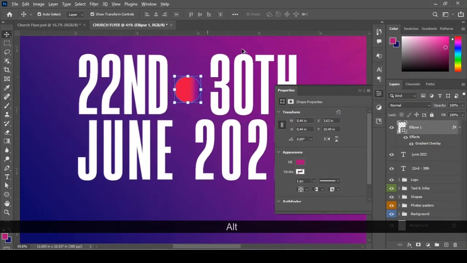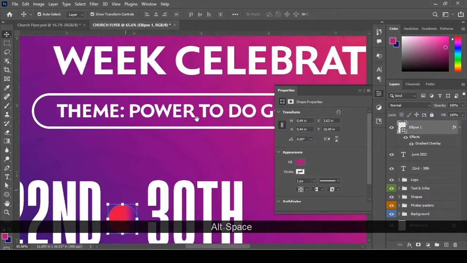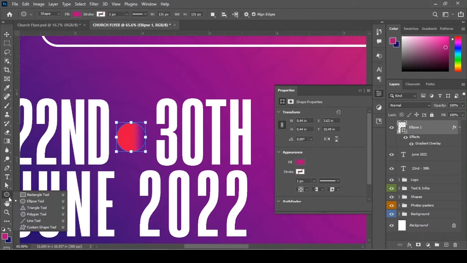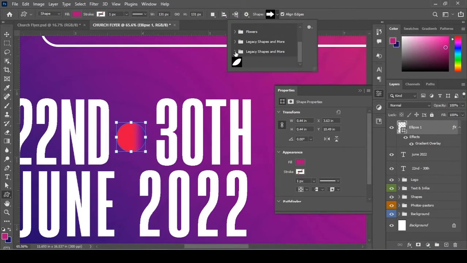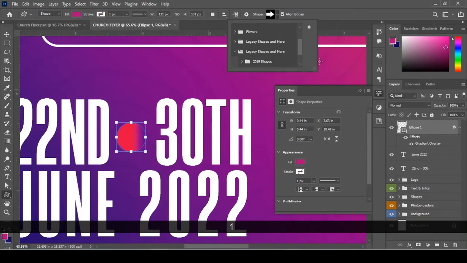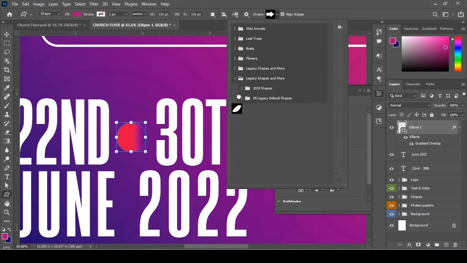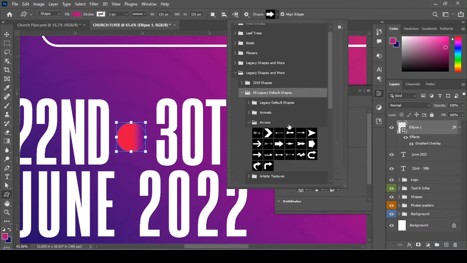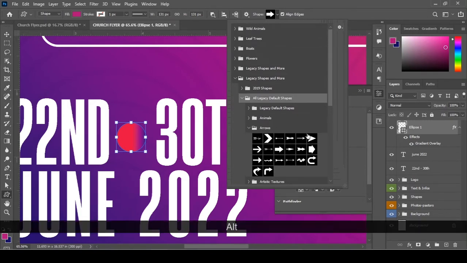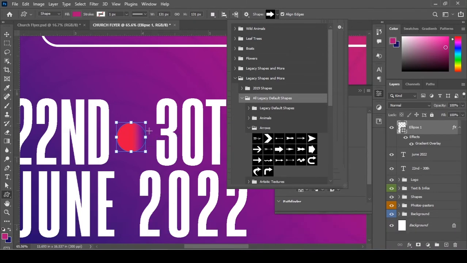Okay, so next from here I'm going to add a shape. To add a shape, go to your shapes tool and then select the custom shape tool. With the custom shape, you have access to as many shapes as you may want. So I'll come to legacy shape and more. Open that, then let me open it more. Then let's open this one and I'll select arrows. With the arrows, I would like to use this one. Just this simple arrow,